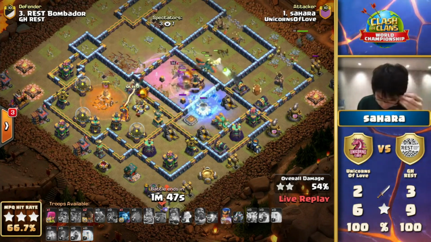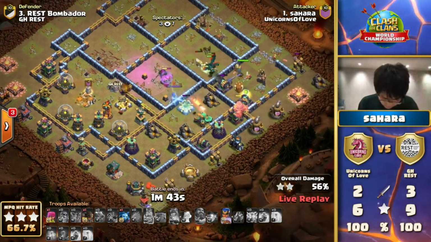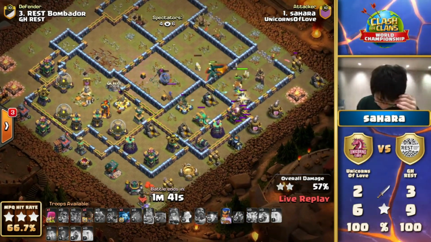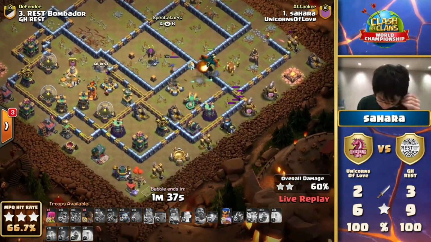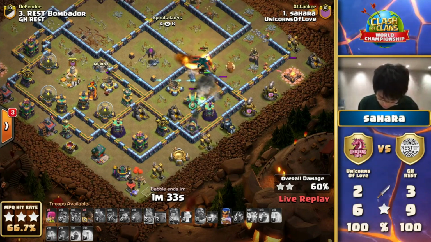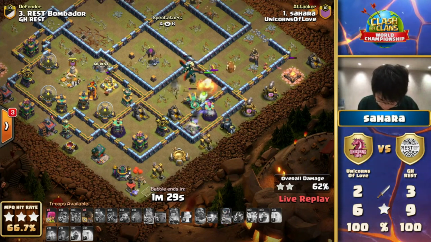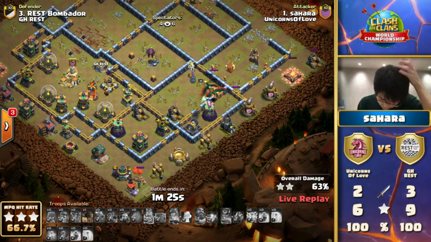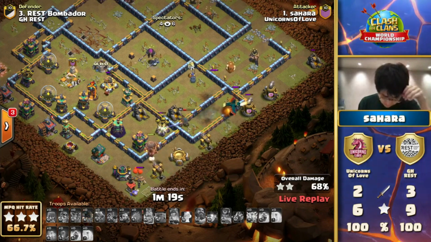I'm not sure he can get this with a single target Inferno looming, taking down those dragons. I think he was hoping that the battle blimp would have indeed got that with the Dragon Rider that was inside, because the Royal Champion now has the defending Royal Champion, multiple defenses, but also that Expo and single target Inferno. It's just too strong for him. It's going to be a low percentage for the Unicorns of Love, and GH Rest will have the lead here,